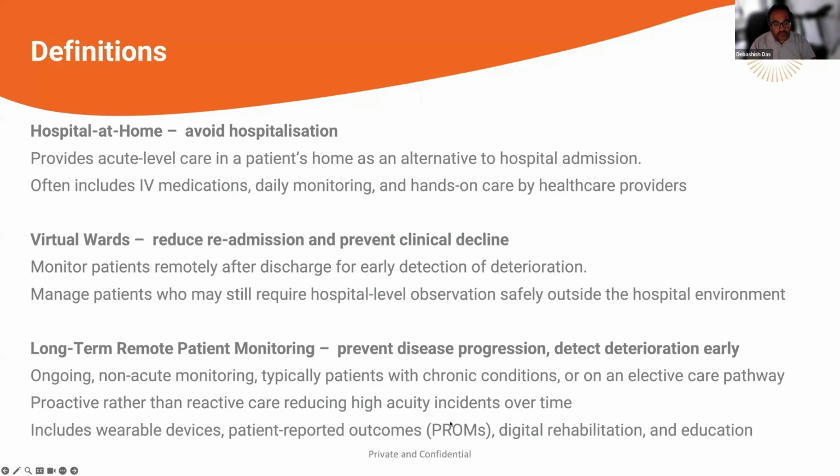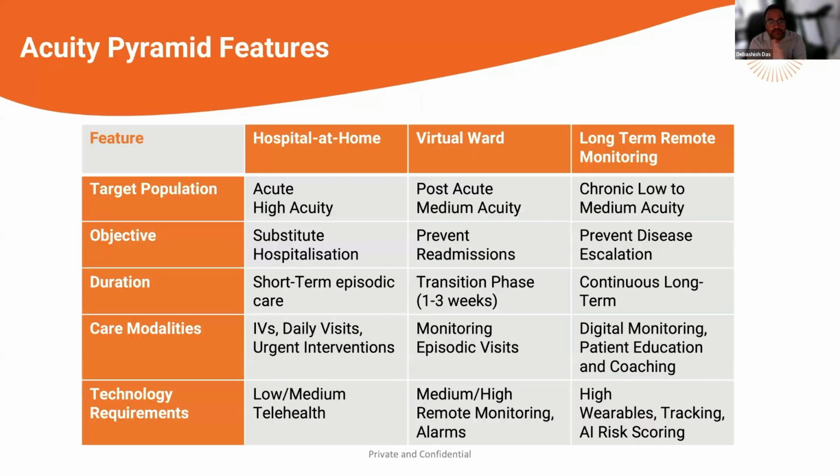And now the long-term remote monitoring, which is really focused on proactive care and rethinking some of our outpatient journey. What are some of the features of it, in terms of target population and objective? If we focus on the hospital at home, it can really be delivered only in short episodic care. I'm still yet to be convinced that there are system-wide cost benefits from any long-term care, or more than a 2-week span of patients staying at home where we're regularly going to see them.